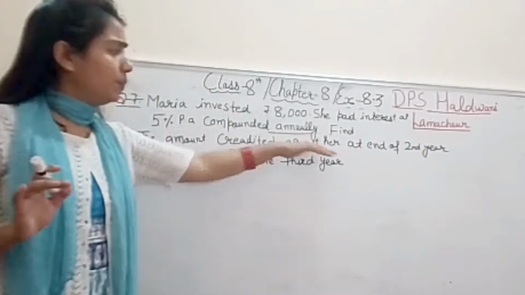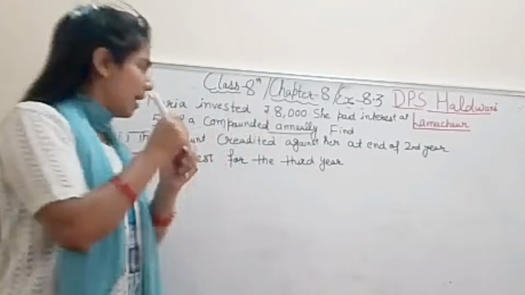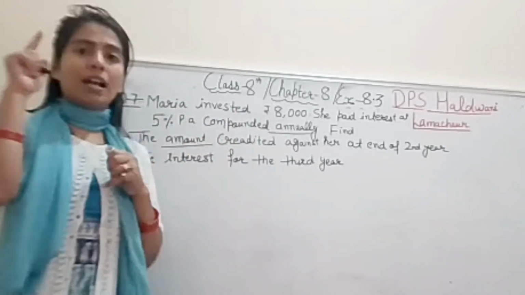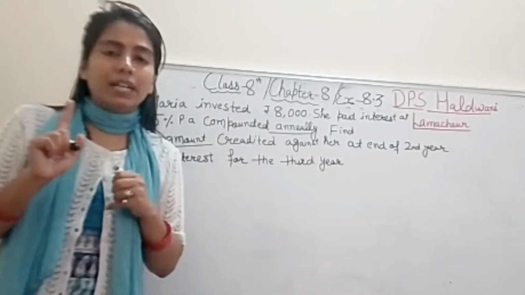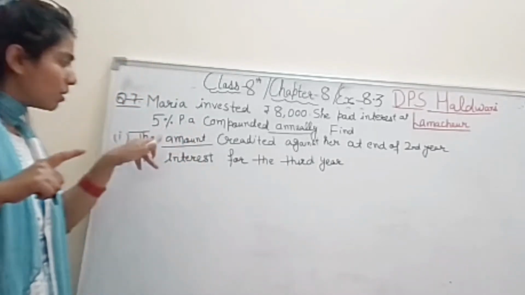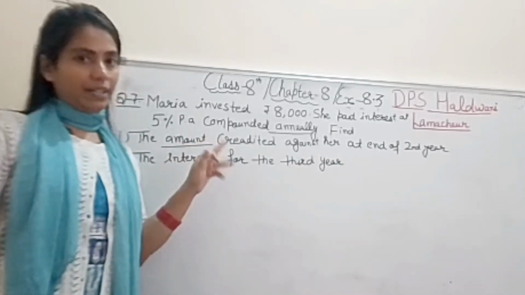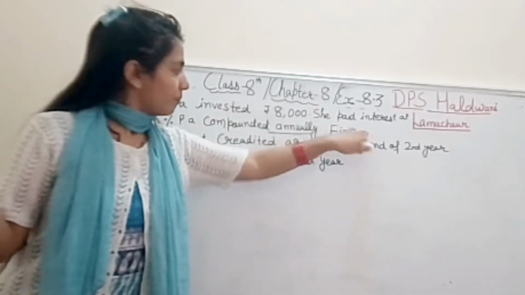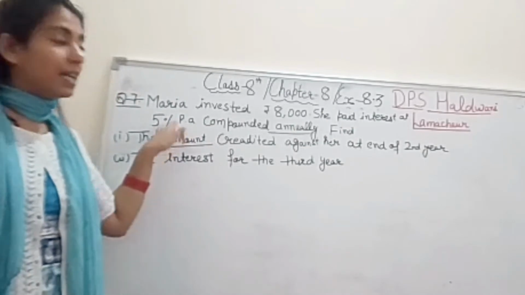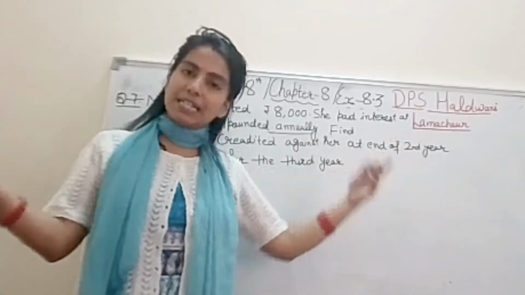Student, don't go into the wordings. You just need to focus on the time and what is being asked. Asking amount means compound interest need not be taken out. A minus P you will not do for the first part because only amount is asked. So amount is P into 1 plus R upon 100. That's it. P is given, R is given to you, and time is at the end of second year, which means time is 2. That's it.